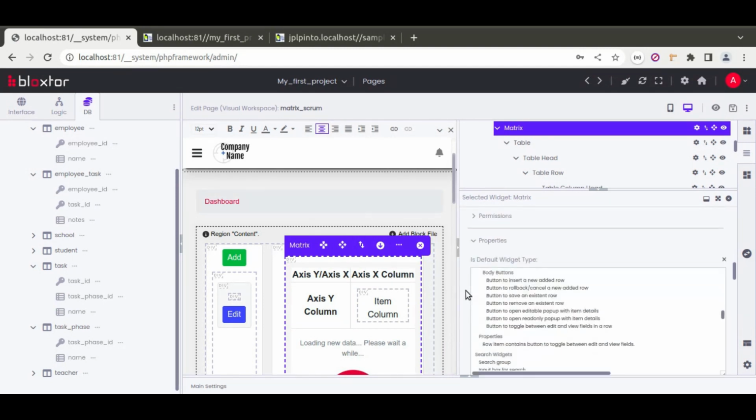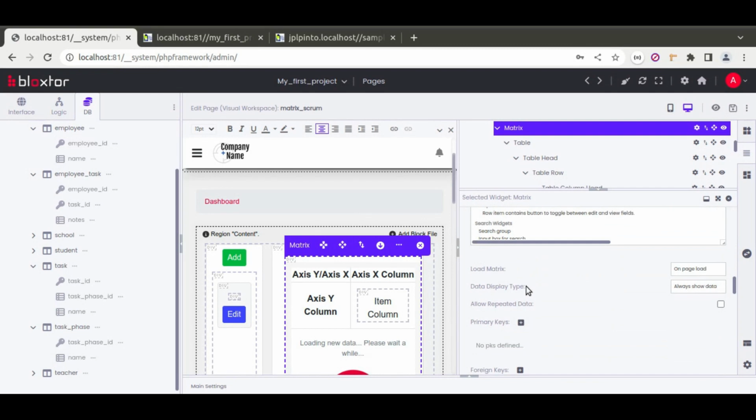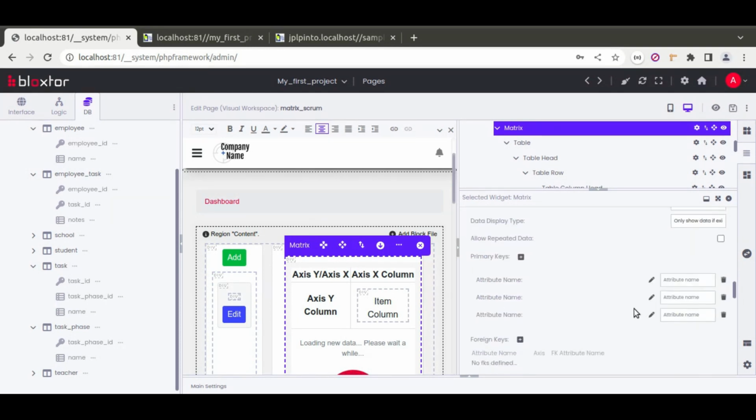So now we scroll down, we need to define the primary keys. We just want to show these items here, the items that exist. And the primary keys for the employee task will be the employee ID, the task ID, and